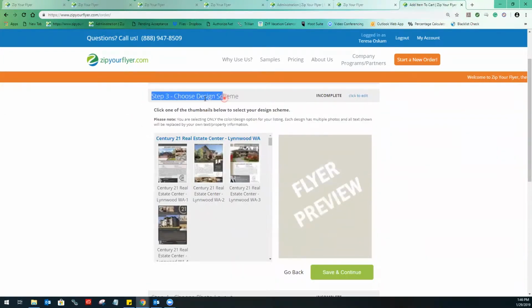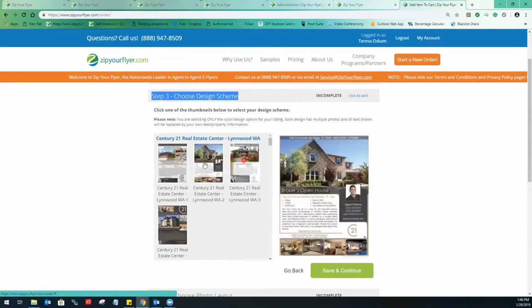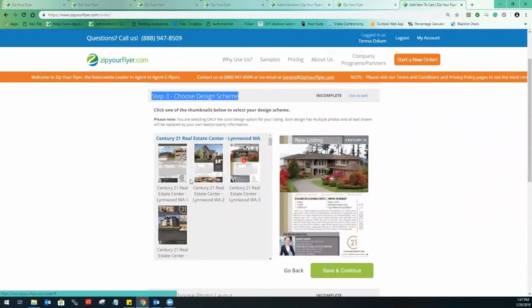Step 3 is where we're going to choose our design scheme. And these first 4 templates are going to be the Century 21 Real Estate Center templates that we have custom branded and went over with Teresa and Dwayne, and they have been approved by your broker and operations director. Here, if you just click on these little thumbnails, you'll be able to see bigger versions